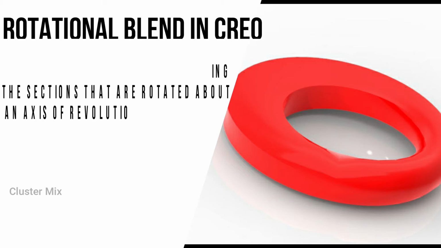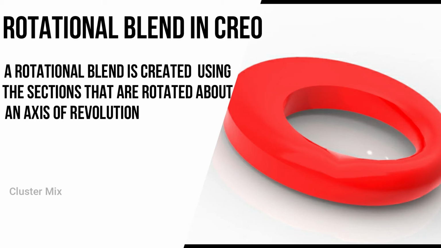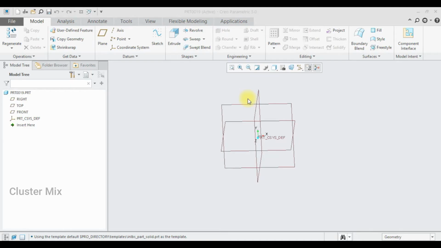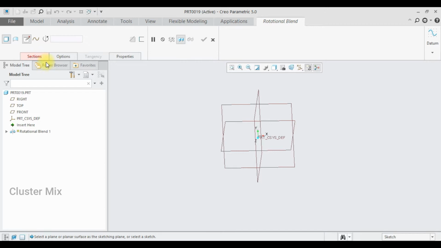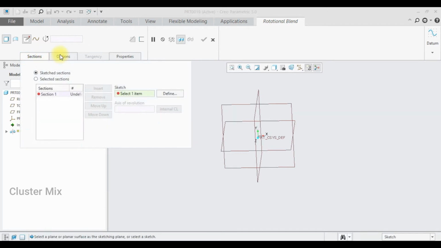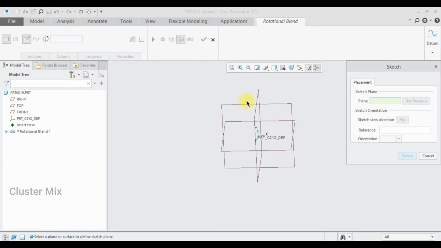A rotational blend is created using sections that are rotated about an axis of revolution. To activate the rotational blend command, from the drop-down list of the shapes, select the rotational blend. My section tab is highlighted red, which means I have to define my sketch. Click this define here, and I'm going to select my front plane